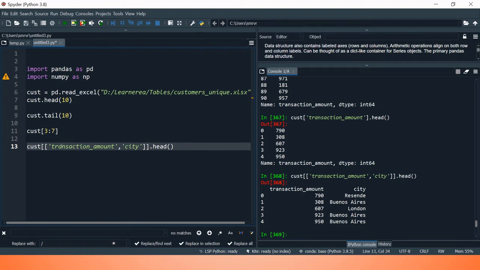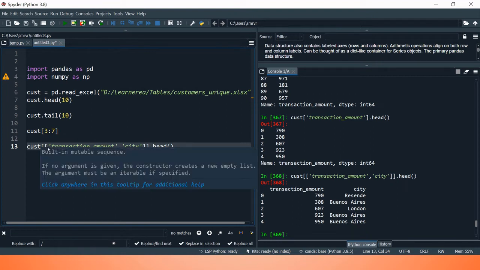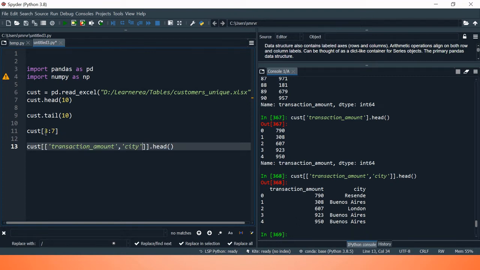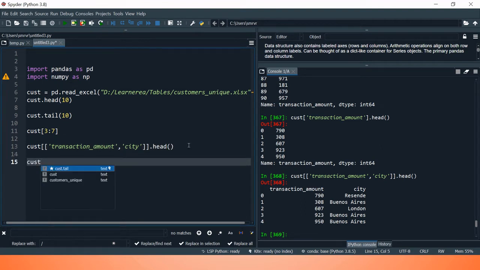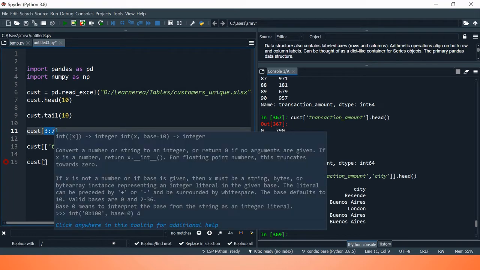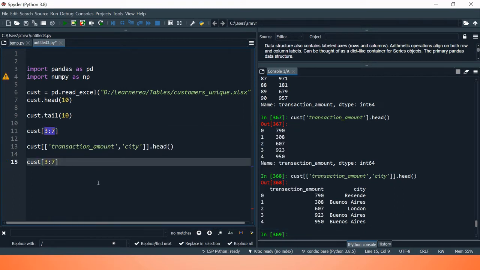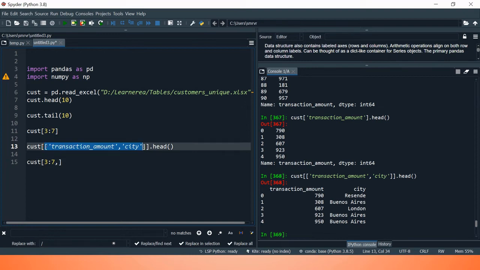What if we want to make the selection in combination, like we want to select the rows starting from 3rd to 7, but we want to select only 2 columns? So how can we do that? Let's try to combine these two together. So here I am just going to first put the row names, the row positions I wanted to say, and then let's put this list. Alright, and let's see if that works.